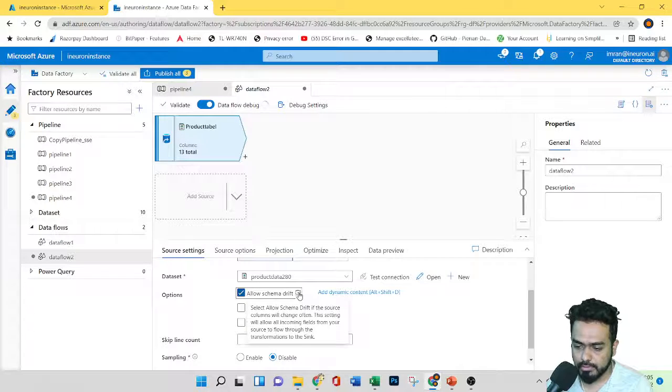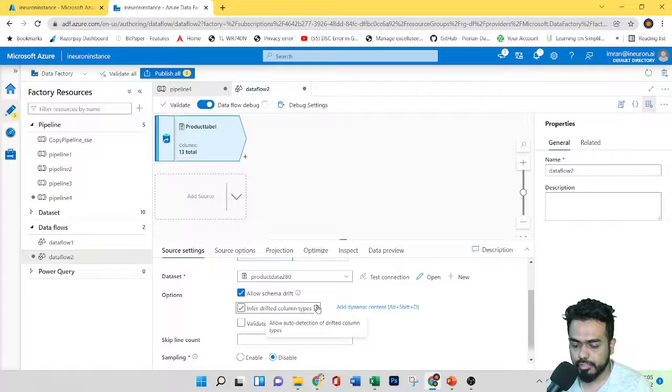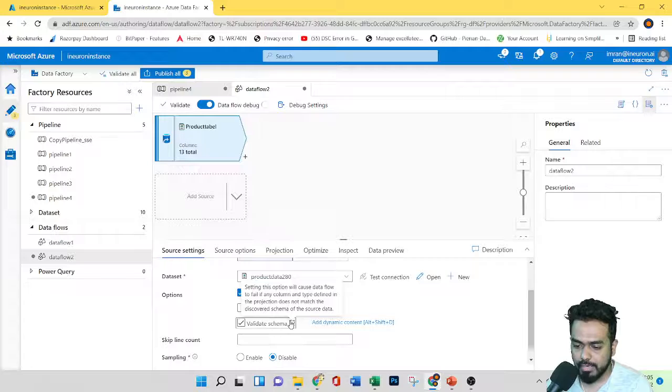So if your data source changes its columns frequently, you can allow schema drift. Or else, infer drifted column types, which allows auto detection of drifted column types, and we have validate schema. This setting will cause the data flow to fail if any column and type defined in the projection does not match the discovered schema of the source data.